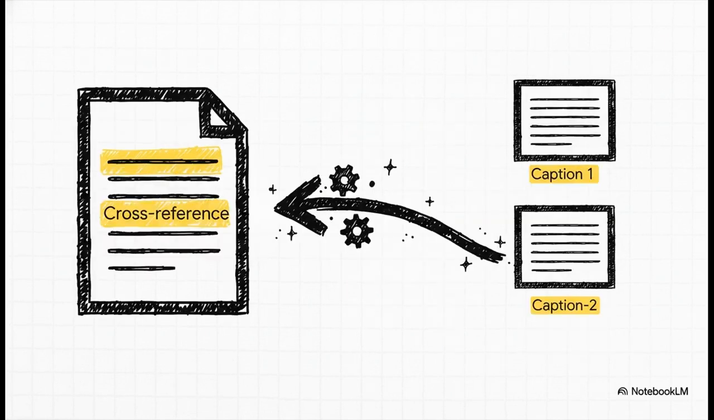But there's a better way. The solution is to let the software do the heavy lifting. You use Word's built-in insert caption feature for every single chart and table. Then, in your text, you use the cross-reference